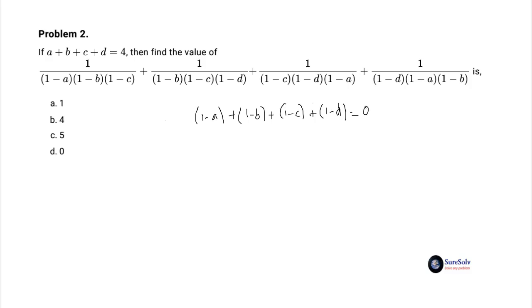This is the key pattern discovery for solving the problem immediately. Just add the 4 algebraic fraction terms like in normal fraction addition and you will have the sum of the 4 factors in the numerator with their product in the denominator. E equal to 1 minus a plus 1 minus b plus 1 minus c plus 1 minus d divided by 1 minus a times 1 minus b times 1 minus c times 1 minus d, equal to 0, as the sum of the factors in the numerator is 0. Solve easily in mind. Answer is option D, 0.